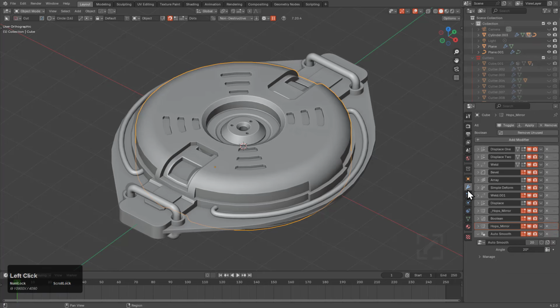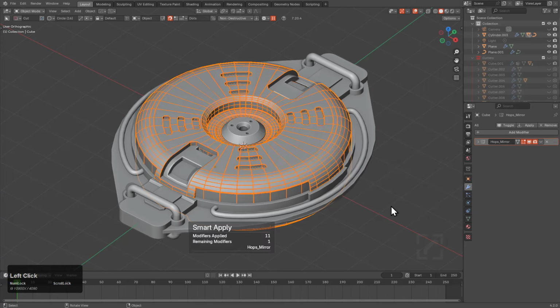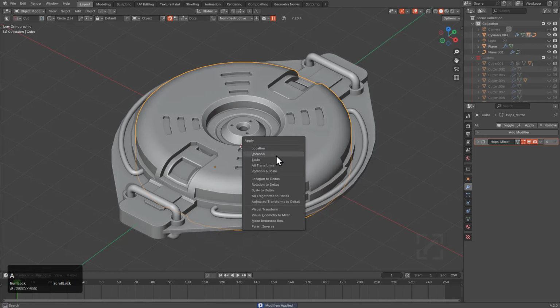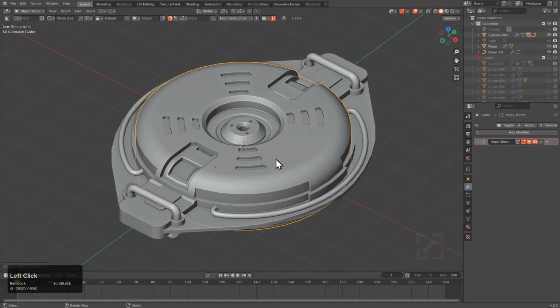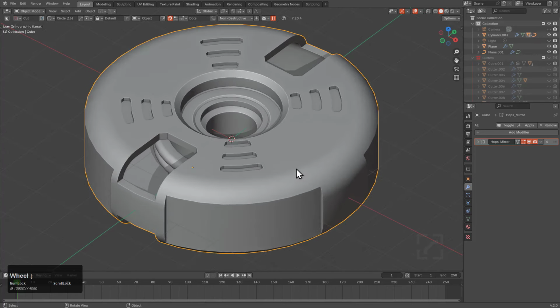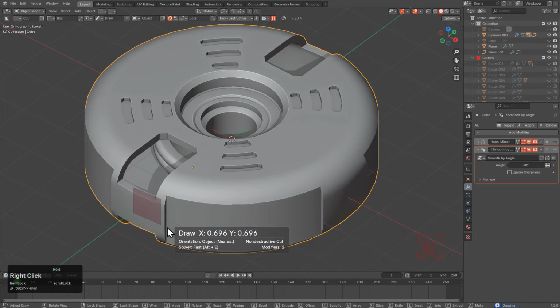And I am curious as to what will happen if we try to apply the scale, but the purpose of this is to demonstrate something happening with local mode. So for the sake of simplicity, we're just going to hit it with Smart Apply, and then Control A and apply the scale because we just don't want any weirdness. And then from here we can go into local mode. And the purpose of this is simply to say that now when you're working in local mode,